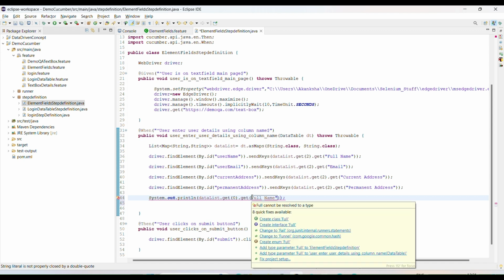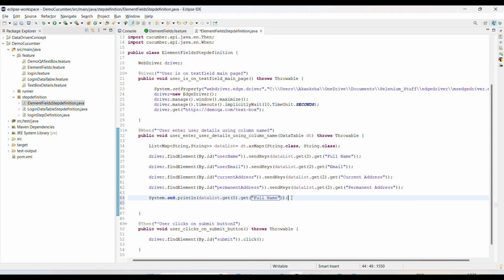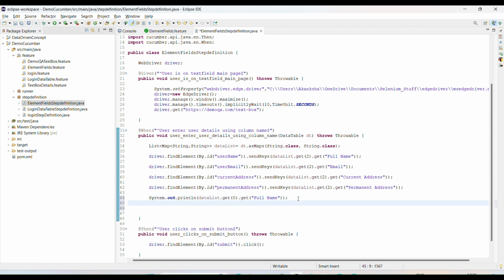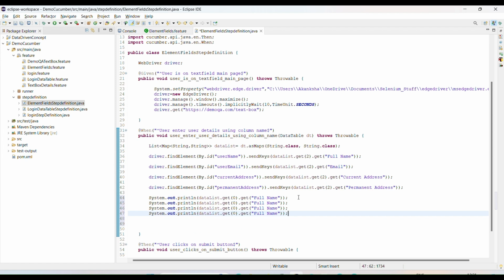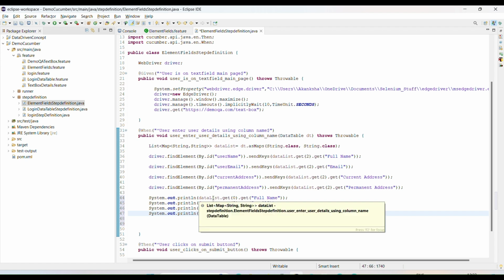The same way I want to print all the values inside the console. The second value I want to print is this email address, then the third value I want to enter this, and the fourth value I want to enter this. So I want to print all these four values inside my console, right?